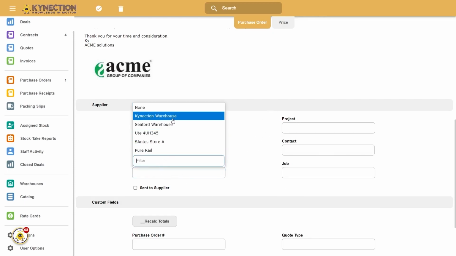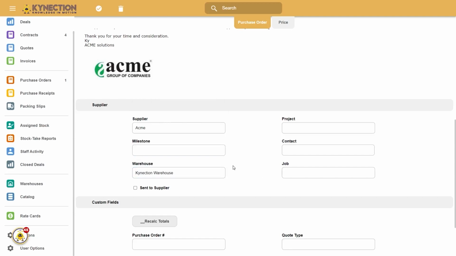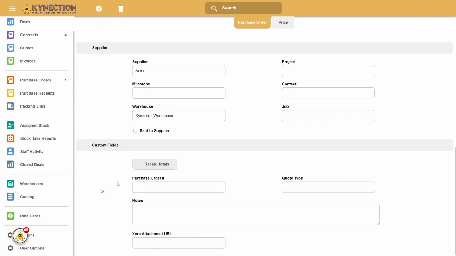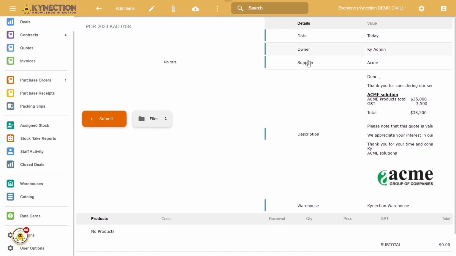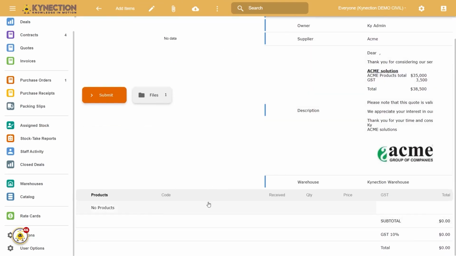Warehouse would then be selected, in that I'm ordering items specifically coming into this particular warehouse. So just set Kynection warehouse, and then any custom fields, that is the same view as anything else in the system, and you've got extra areas to add extra data that you may need. Once you've added that, the description will all display in the section on the right, and then any products will